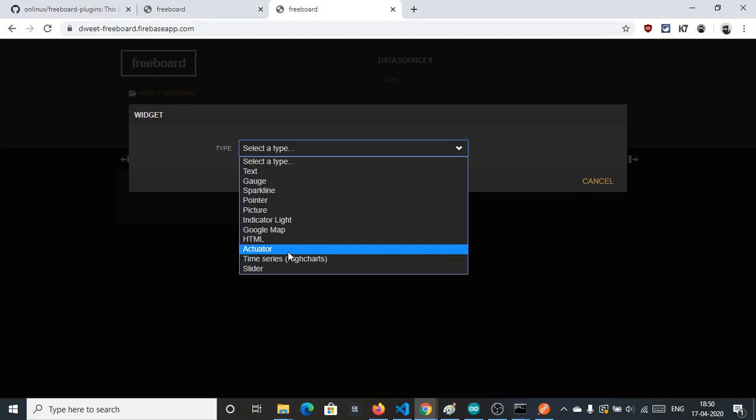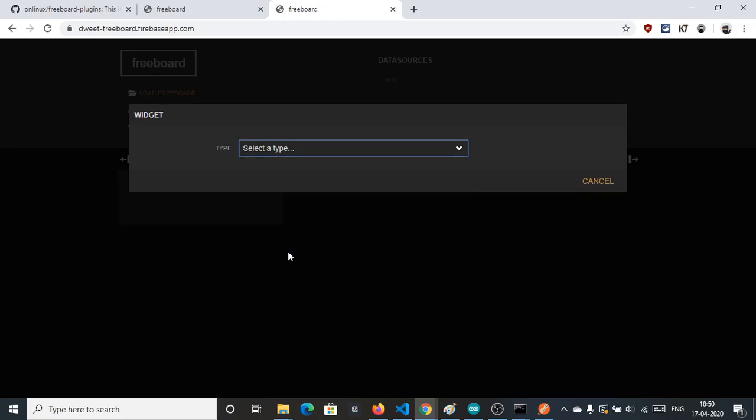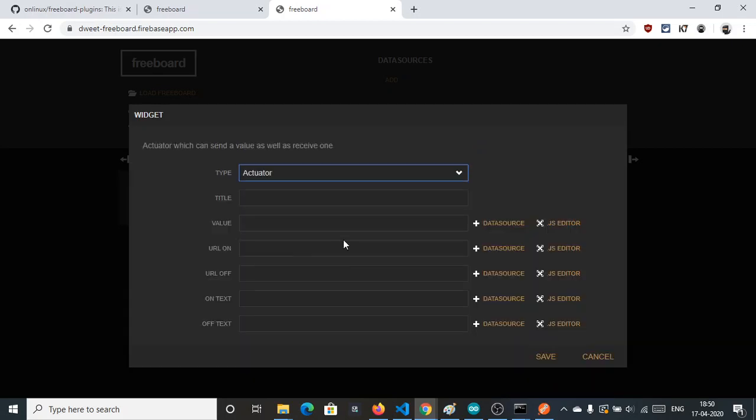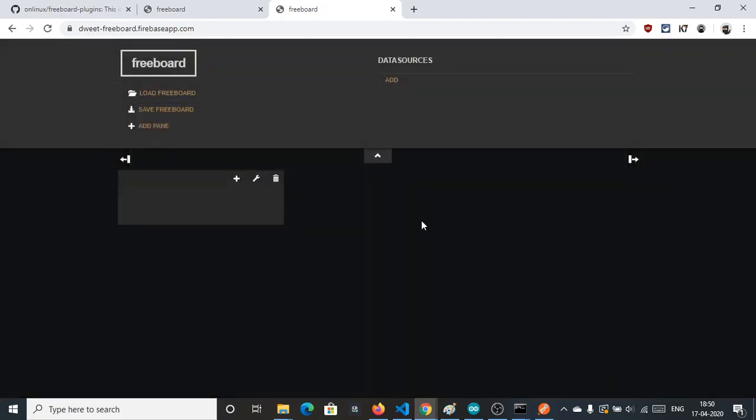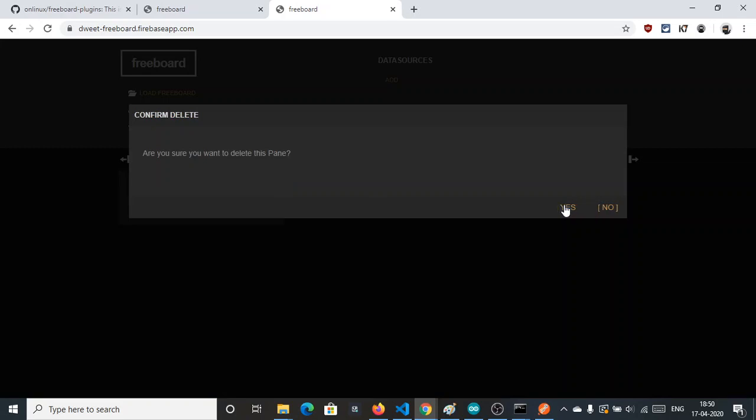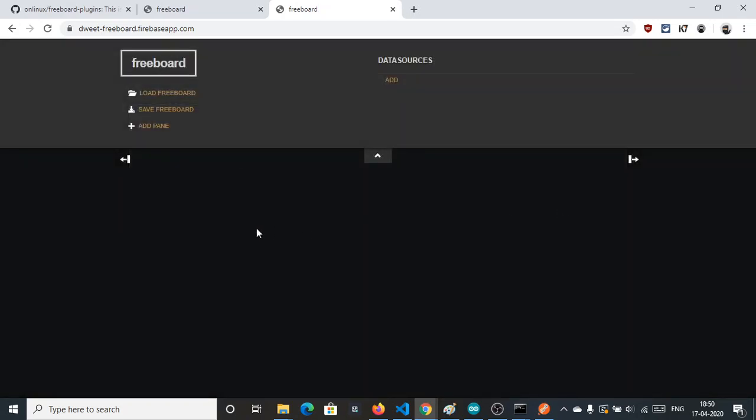So let me add an actuator, or I will explain the things faster, because we need to complete the session in 1.5 hours or less.